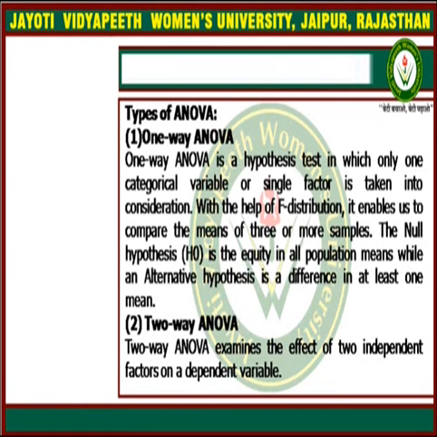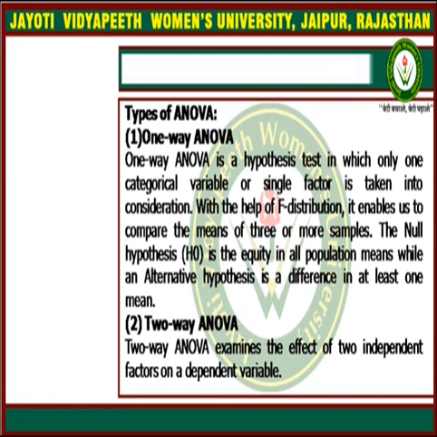Now ANOVA test can be divided into three parts: one-way ANOVA, two-way ANOVA and factorial ANOVA. One-way ANOVA is a hypothesis test in which only one categorical variable, or a single factor, is taken into consideration. It is an important part. Here we will take only one categorical variable,